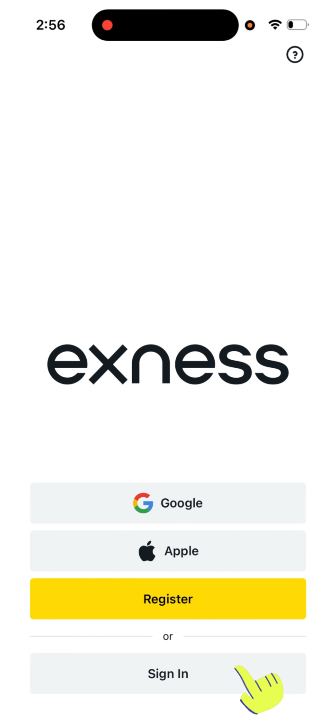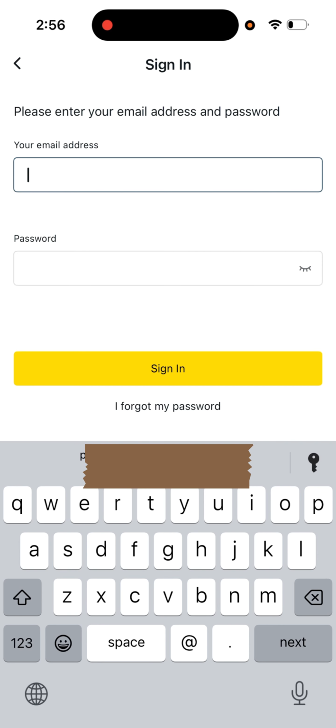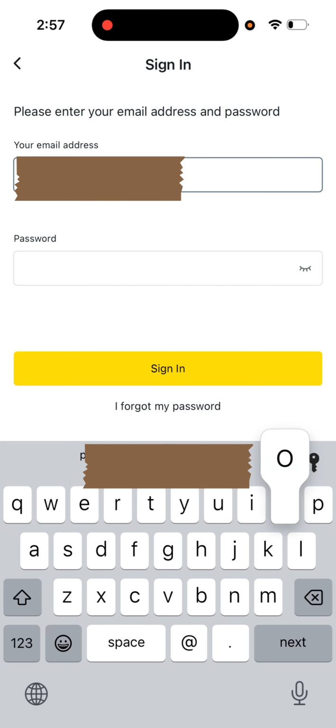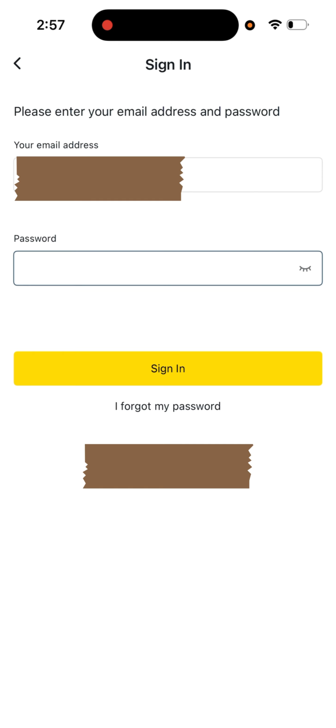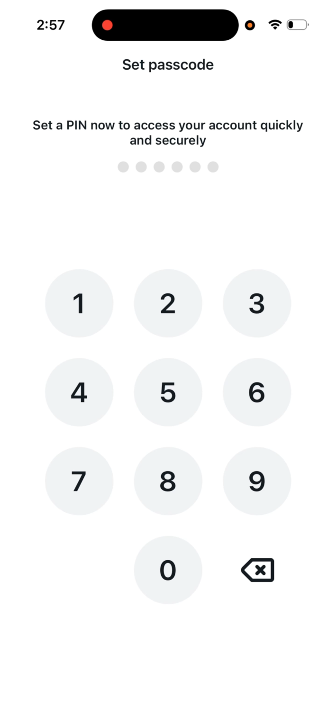To sign in, click on the sign in button here. Once we click on this, we need to enter our email ID and password here. So I'm going to enter the login credentials of one of my accounts. Once I successfully enter the login credentials, the ID and password, then on the next screen, the app would ask